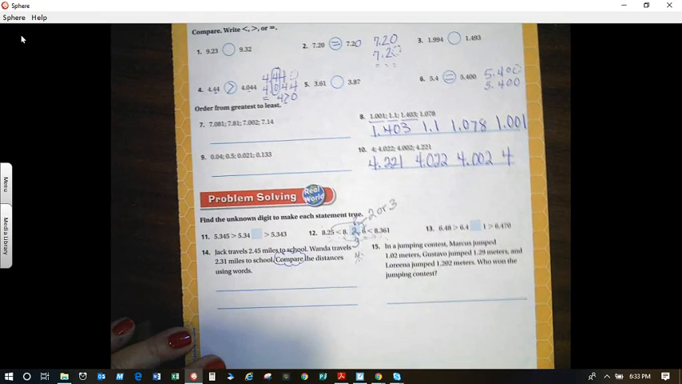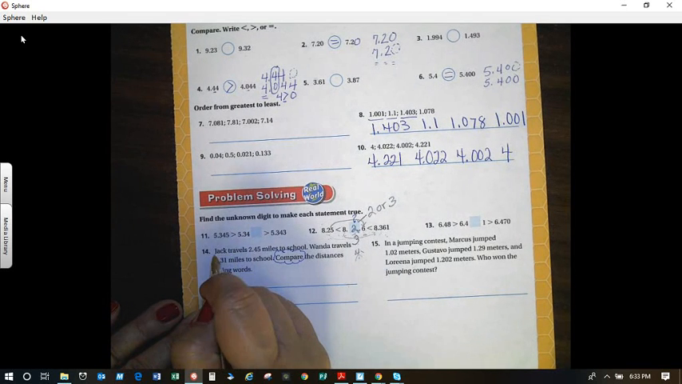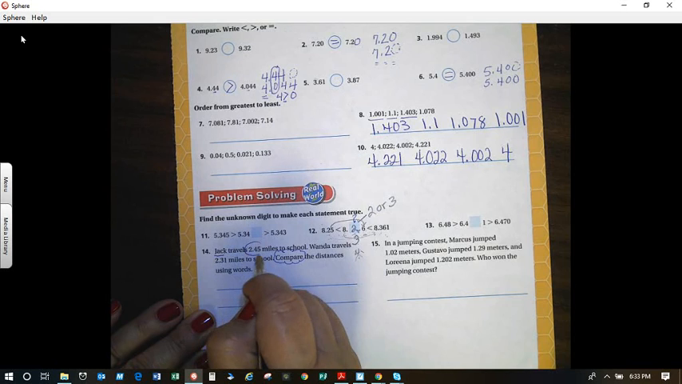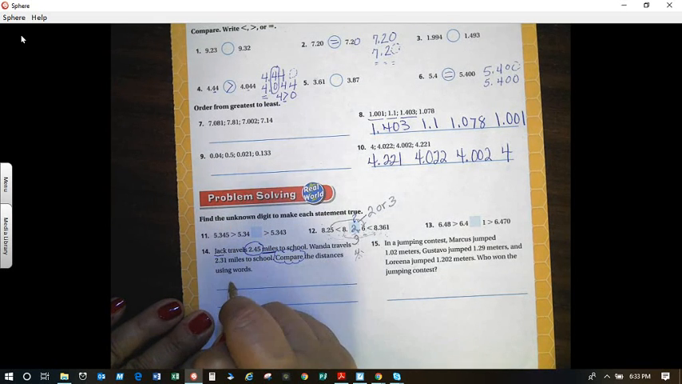All right? Well, before I want to use words, I need to first of all look at what I have. This is what Jack travels. I'm going to circle my number and underline my unit of measure. So I see it's 2 and 4,500 miles. Wanda